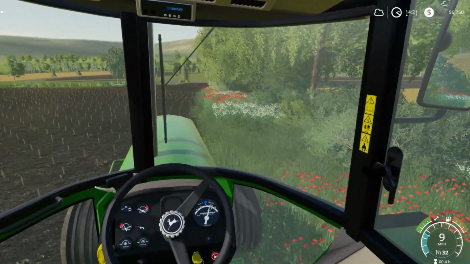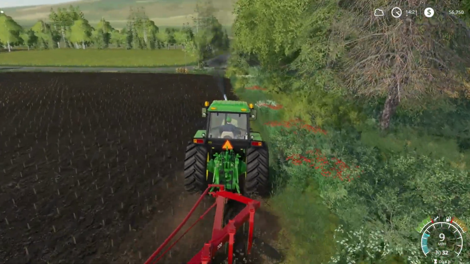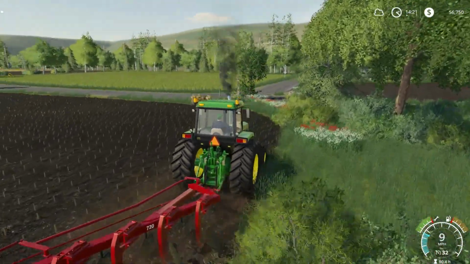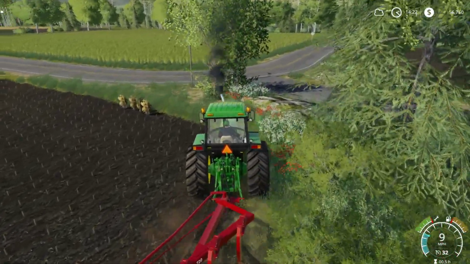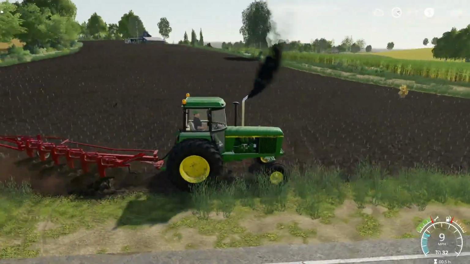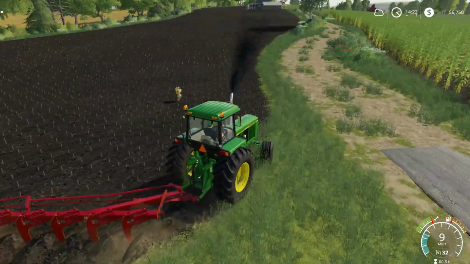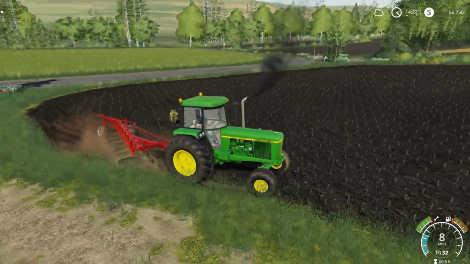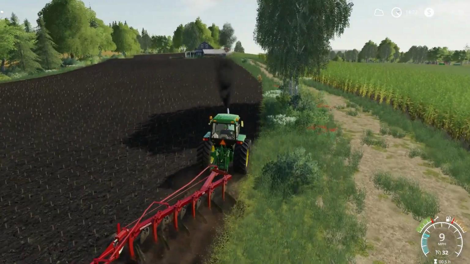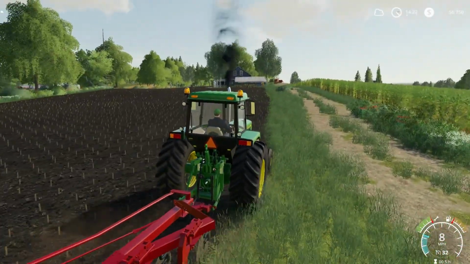We'll turn around before we run into a tree or something. We'll just make our way all the way around here. This is a 6-bottom plow, about the size